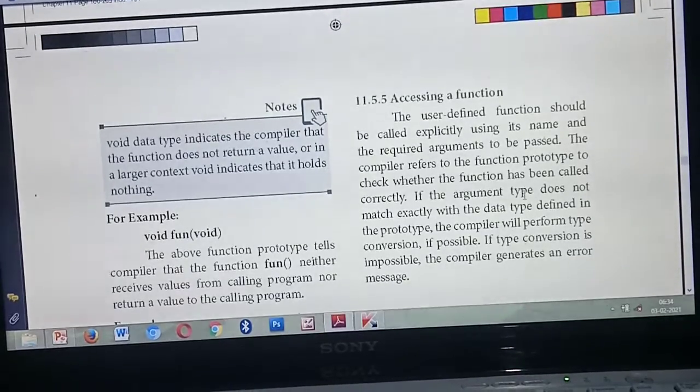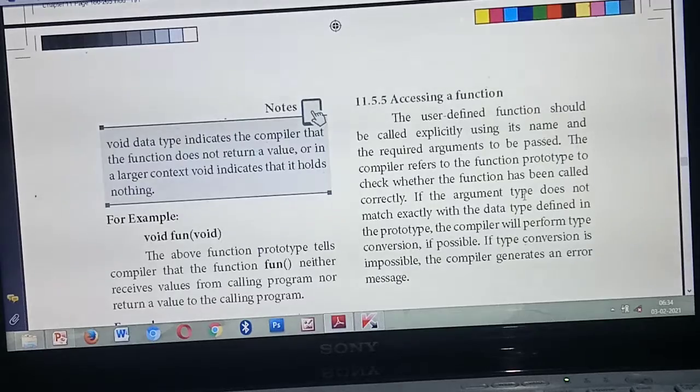For example, you are going to add two numbers, sum equal to a plus b. The value of a you are giving as 5 and the value of b you are giving as 6.5. So what answer will you get? 5 plus 6.5 means 11.5. But you are giving input as two different data types, int as well as float, and you are getting the answer as a float. So this is called type conversion.